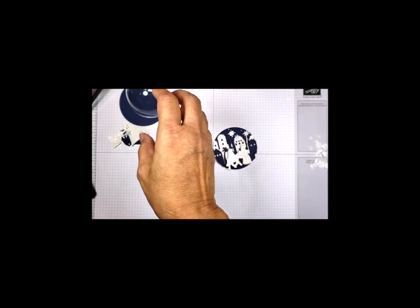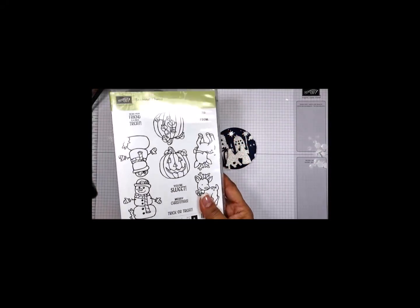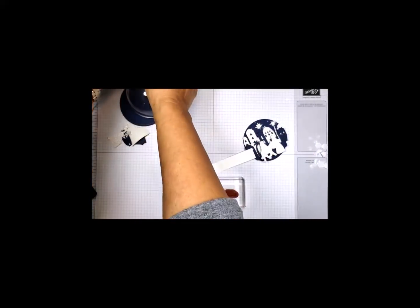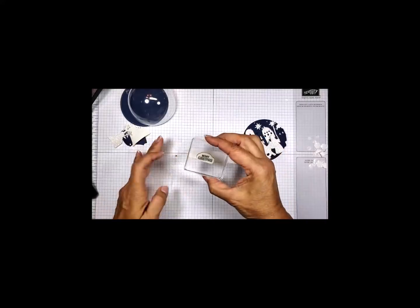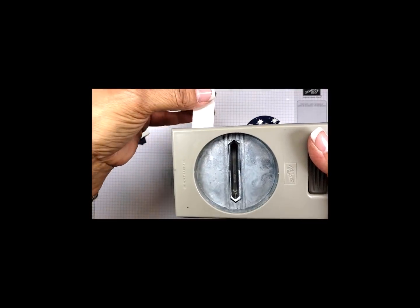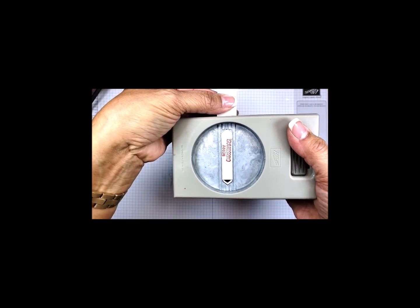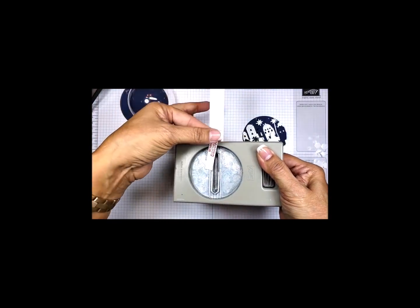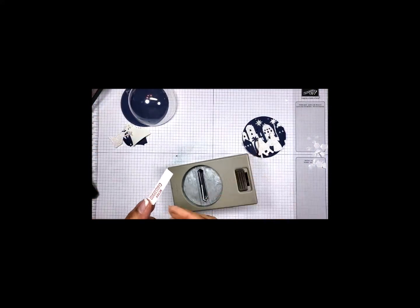And then I'm going to take my sentiment, again from the Seasonal Chums stamp set. I got a piece of scrap white here and some real red. Stamp that right about there. Not too worried about centering it because I'm going to use my punch. I don't want a whole lot of tails. Punch that. And flip it over